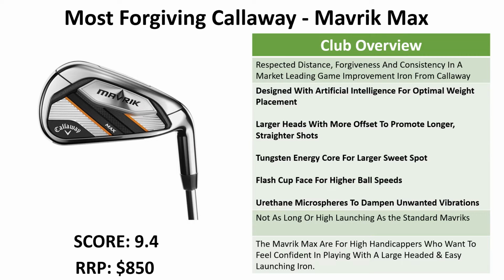They've got larger heads and more offsets than the standard Mavericks, and this just promotes longer, straighter shots, but they also undercut well, so it's an easy club to get in the air. They've got more forgiving lofts than the standard Mavericks, so you're going to have higher, shorter shots with